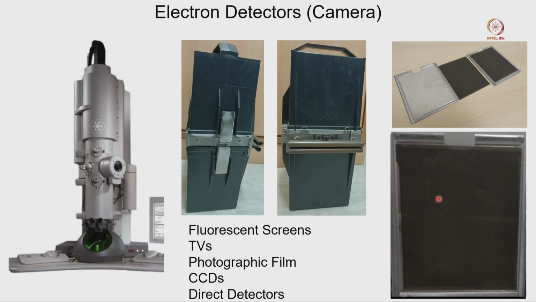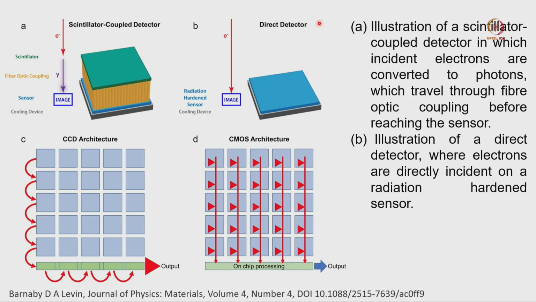So, in those days we were using SO 163 film, and then in the dark room we have to develop that film. When that film is developed, then we have to scan it and get a digital image. So, this is the entire process of how we were using that electron detector or camera, the plate camera. You can consider that almost 15 years ago. But after that there was a lot of development, right. Most of the time we are using the charge coupled device, that is called the CCD camera, or nowadays we are all using the direct electron detector, CMOS kind of camera.